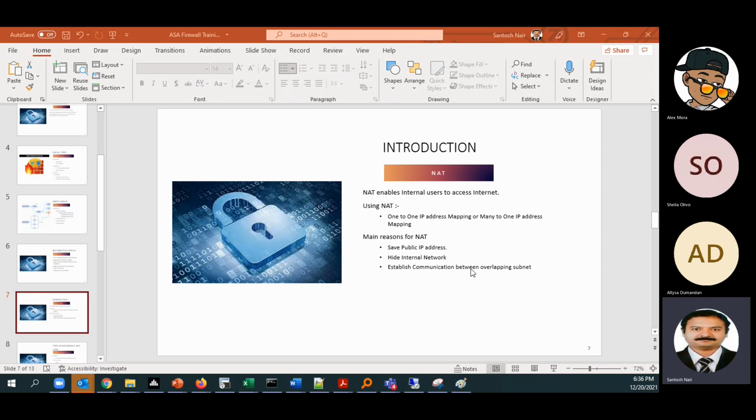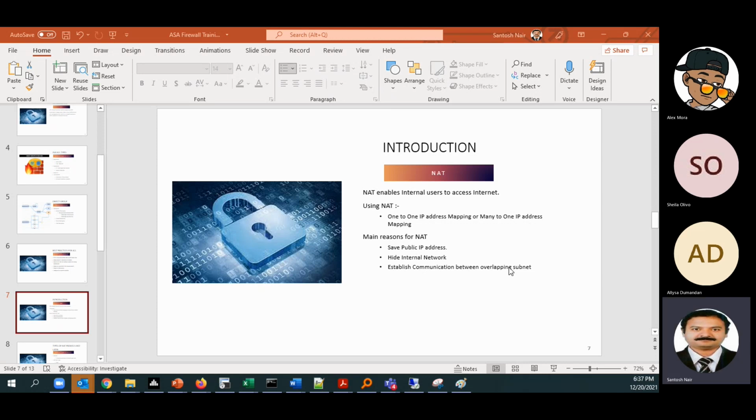Next is establishing communication for overlapping subnets. Earlier, we were just one company at a specific site, and it will grow and develop and become a big company using a private IP range. But nowadays a lot of collaborations are happening. This company will acquire a new company; we have already acquired 3 companies in the last 2 years.